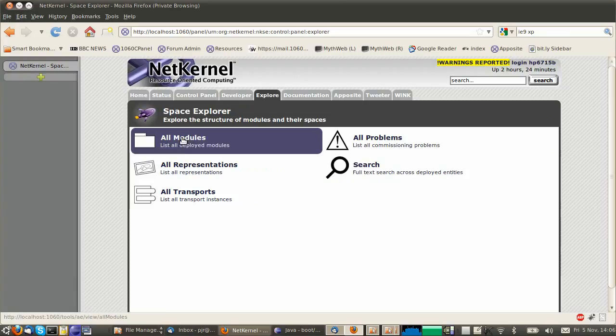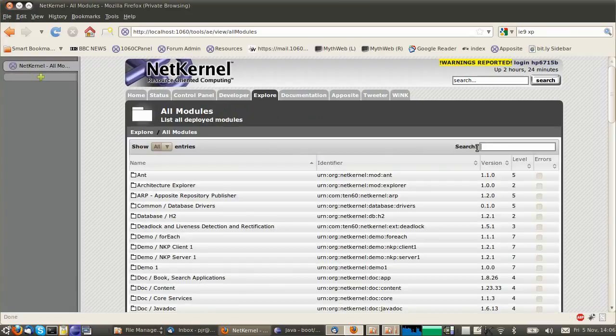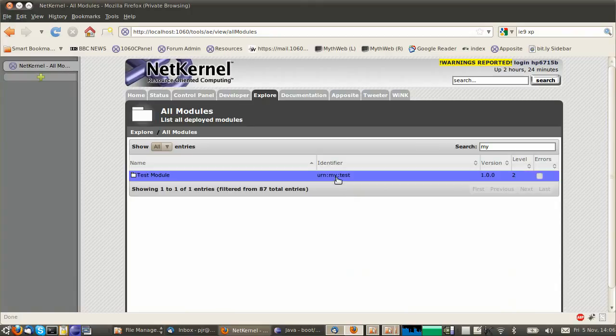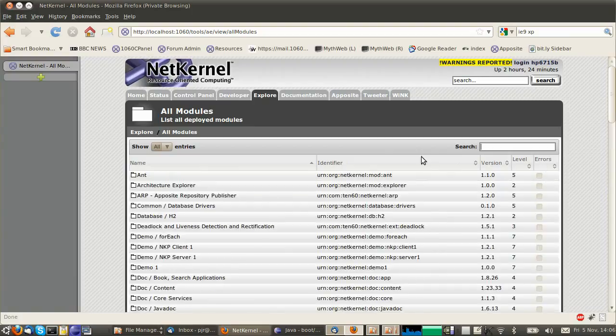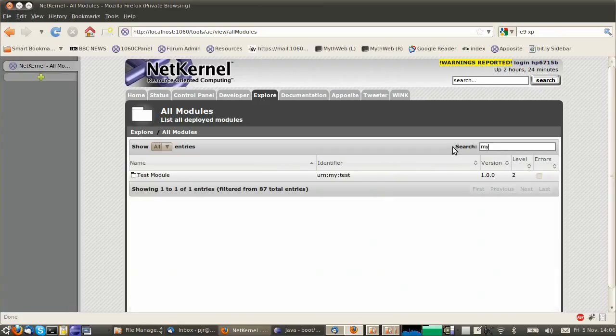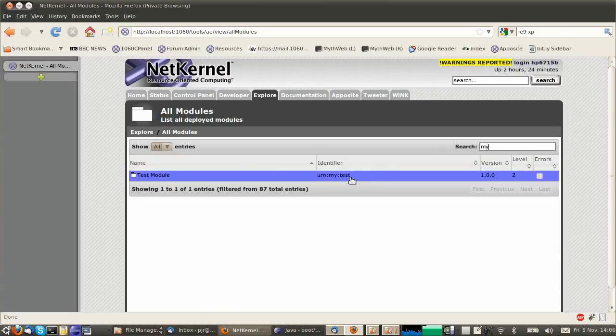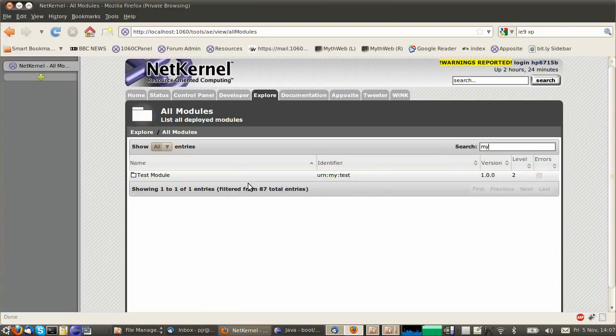and I can go and look at that module in the modules list. So it was called my test module, and we see here that this table gives me a listing of all the modules in the system. Let me just take the search filter off. See, I have various modules in my system. I can sort by the name, I can sort by the version numbers, so on and so on, and I